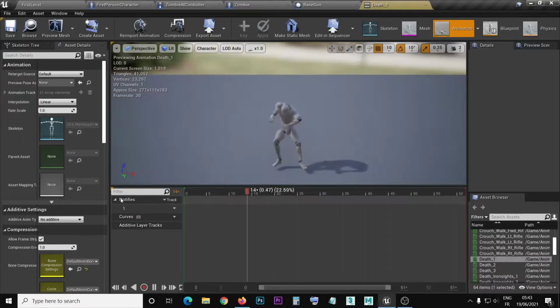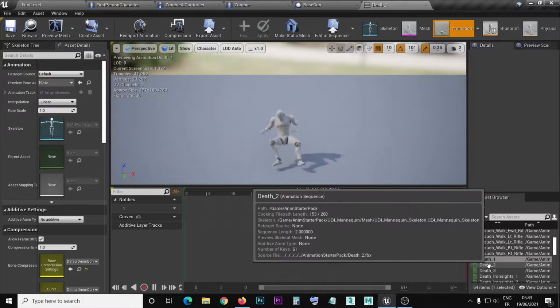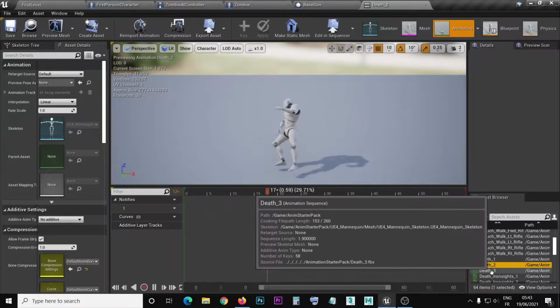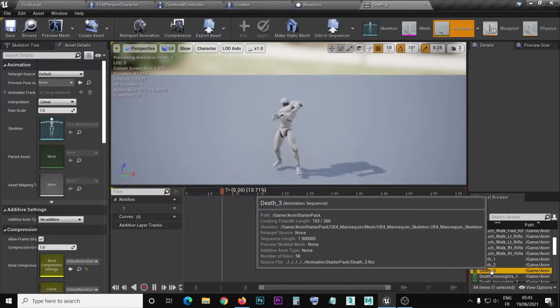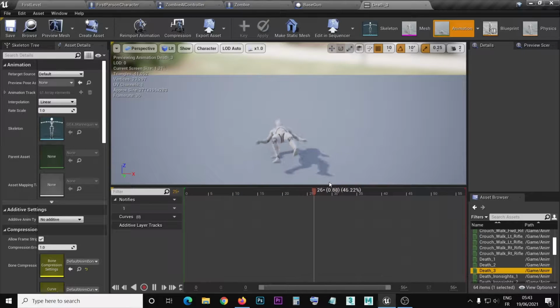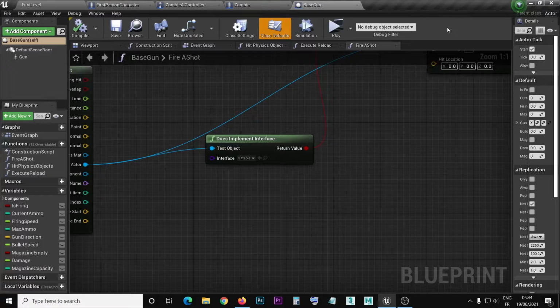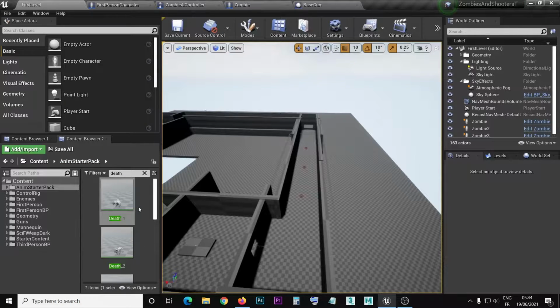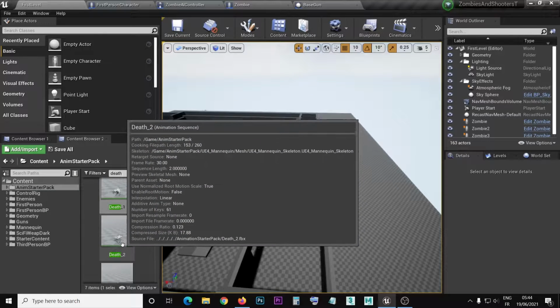We're gonna get the death 1 animation, the death 2 animation, and the death 3 animation. So we're gonna randomize between these 3 animations when the health of the zombie is under or equal to 0, the dying state. So I'm gonna close this tab, and I'm gonna select these 3 animations